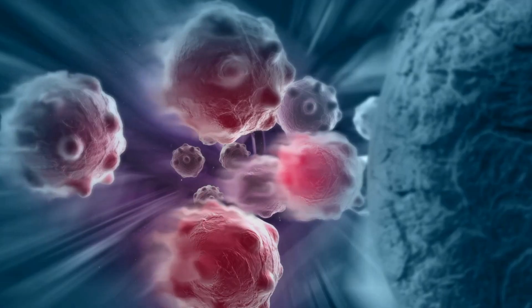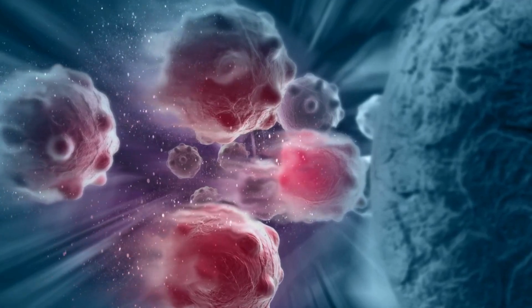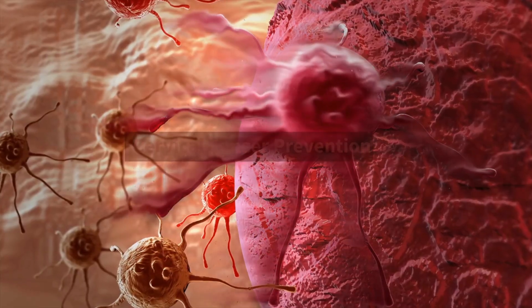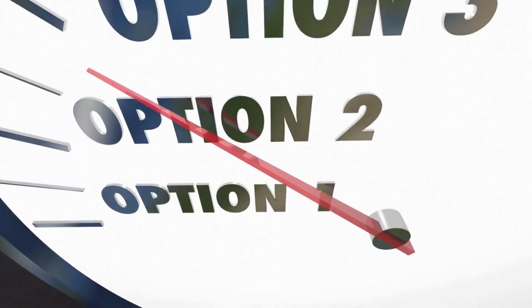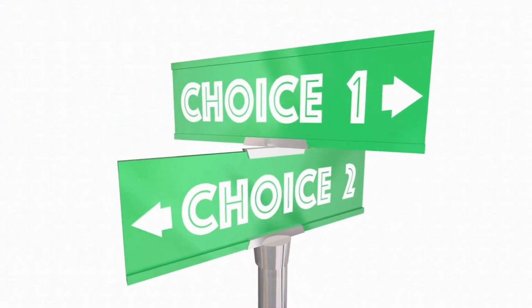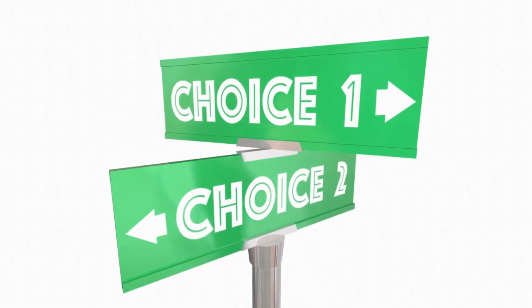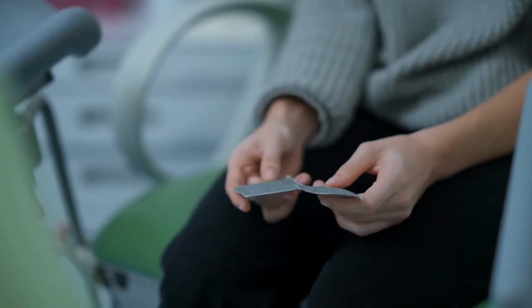Aside from regular screenings, you should make sure you're doing everything possible to avoid cervical cancer. Cervical cancer prevention. The most important thing you can do to prevent cervical cancer is to get screened. However, there are some other options available to you. Because HPV can cause cervical cancer, getting the HPV vaccine will help you avoid getting it. Aside from that, eating healthy, not smoking, having fewer sexual partners, and practicing safe sex, using condoms, will help you